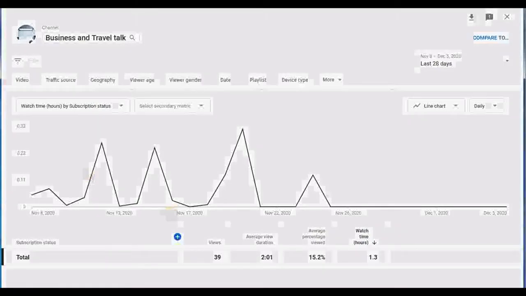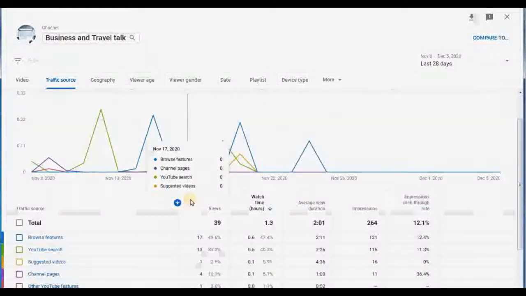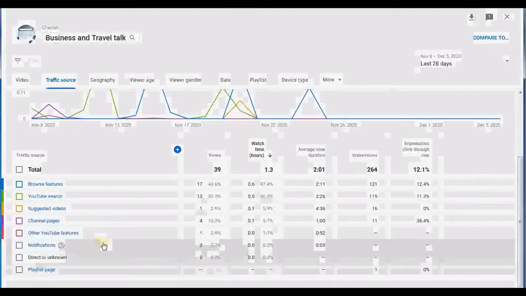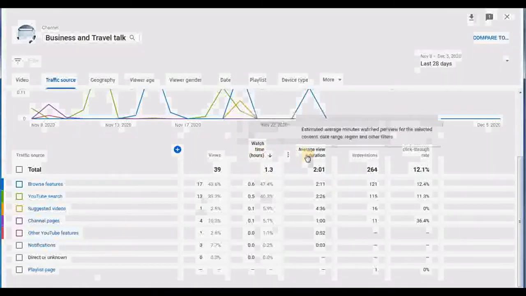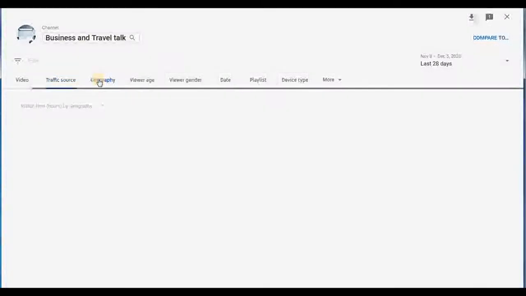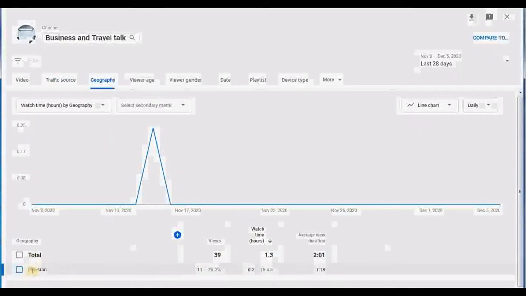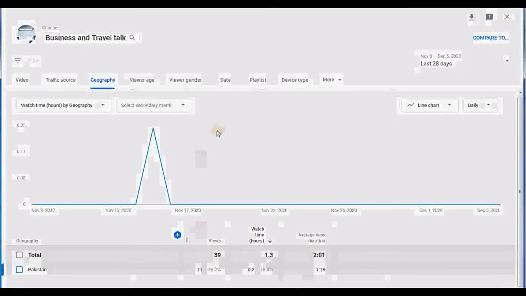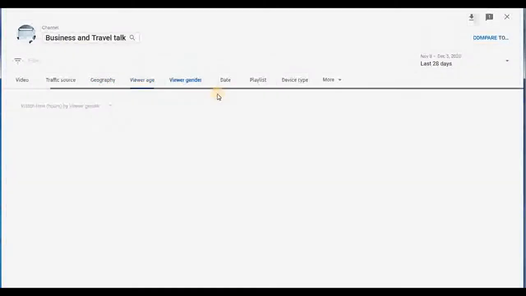so that you can easily and promptly understand. So here is the traffic source, showing you where you got the traffic from: the browser, YouTube search, suggested videos, channel page, and other. It also gives you a really good idea about views, watch hours, view duration, impressions, click-through rate. And here it shows geographically in which country your videos are being watched, like in Pakistan, and how much percentage of views, watch time, and average view. And here is the view age, and viewer gender,